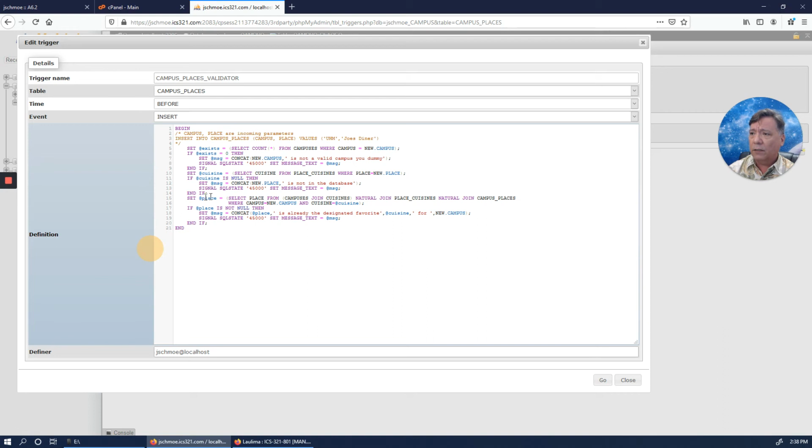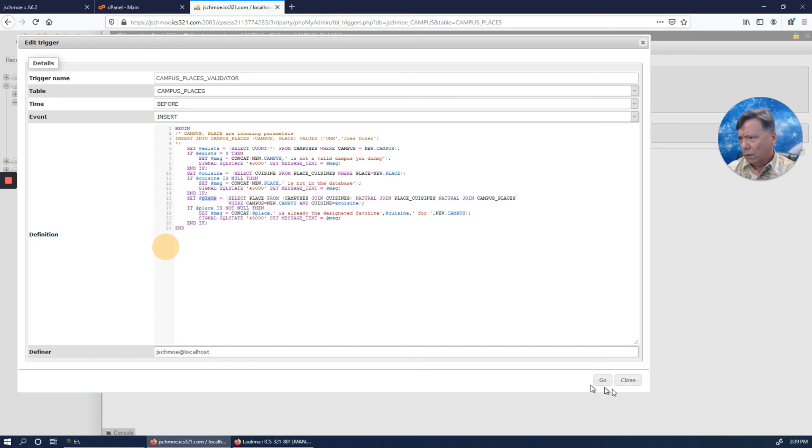Okay, so at this point, we know that it's a valid campus and it's a valid place. Now we just have to make sure that there's no other place at that campus with the same cuisine. So this is going to search to find out if a place at that campus with the same cuisine exists. If it exists, it's going to return what it is. Otherwise, it's not going to return anything. It's just going to pass on through, and the trigger is done, and everything's cool, so it lets the insertion take place. All right, I'm going to save this,